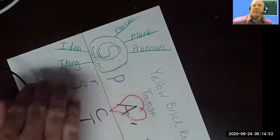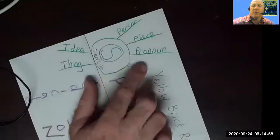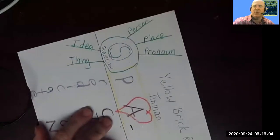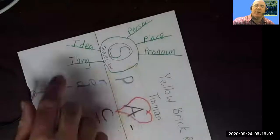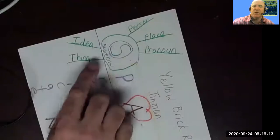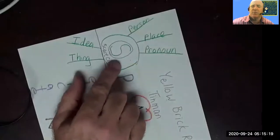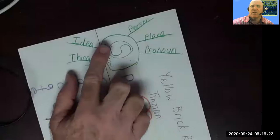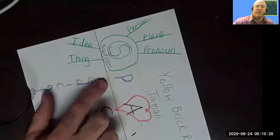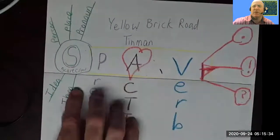You got to decide, is the person, place, thing, idea, or pronoun common or proper? Is it singular or plural? Simple or compound? We're going to have to get into that, but we just got to remember we've got to find the tips, the thing, the idea, the person, the place, the pronoun, what is known as the subject, the Scarecrow, the brain. And so when your kids can find the brain of the sentence, then have them circle that in green. If it happens to be the first word in the sentence, don't forget to tell them to underline